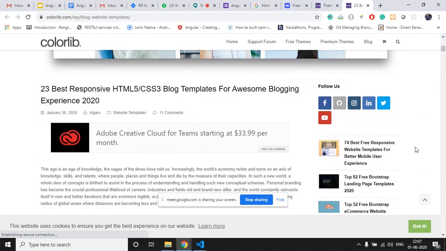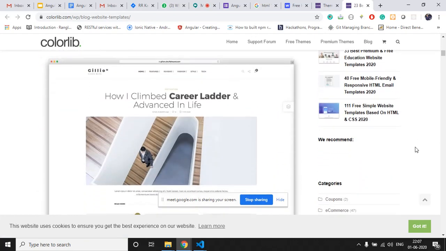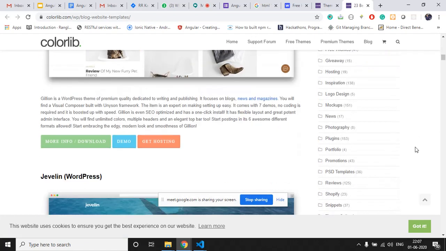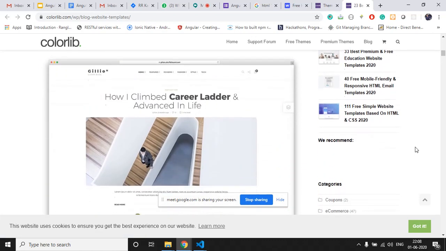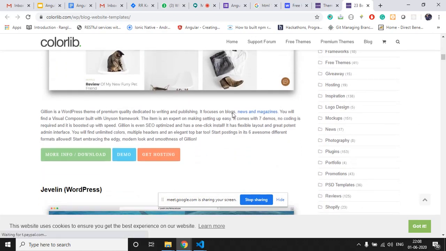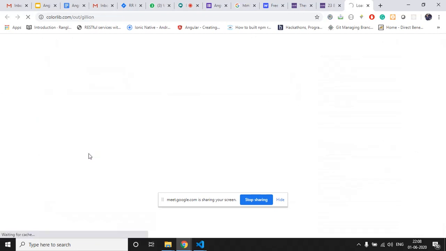So this is where we can find them. This is an HTML5 template, and if we want to download it, we can go directly to the download button. It will land on the download page.